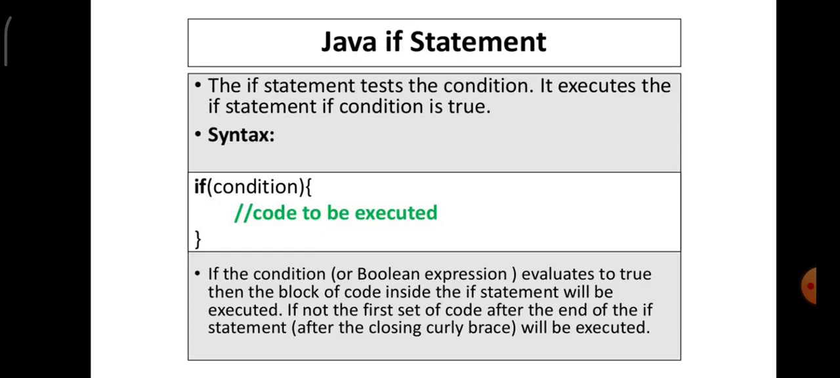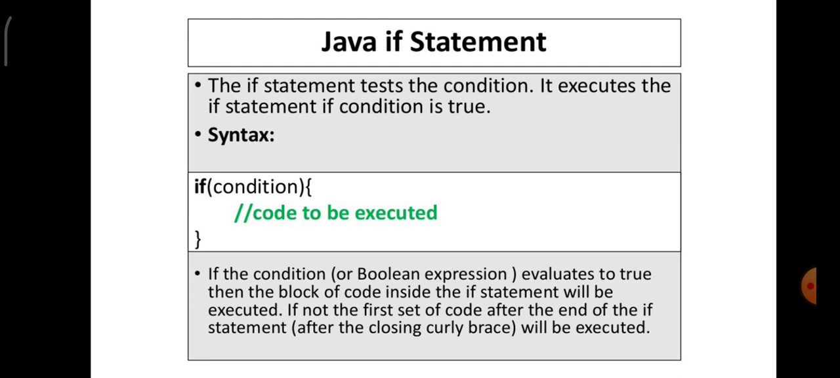If within bracket condition, in the place of condition you will write the condition and then followed by the curly braces, and inside that you will write the code for execution. And you are quite aware that the single line comment statement is // and if the condition or boolean expression evaluates to true, then the block of code inside the if statement will be executed. If not, the first set of code after the end of the if statement, that is after the closing curly braces,